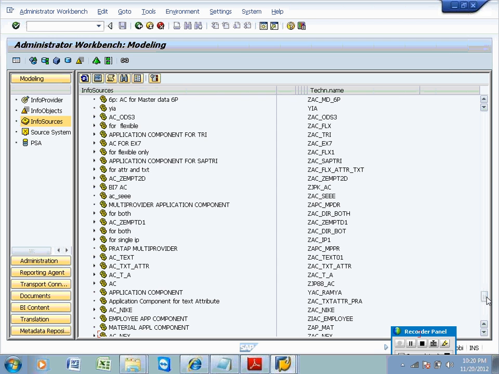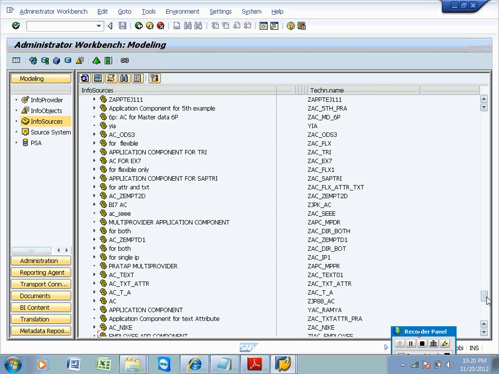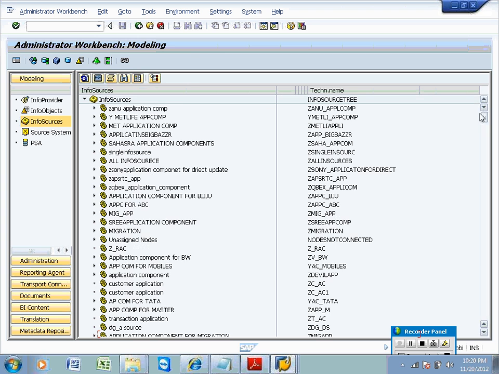That's the reason SAP recommends until 3.x only to keep zero record mode explicitly in the info source. In 7.x, not required, SAP will take care of initializing the zero record mode, setting up the zero record mode to be the initial value.